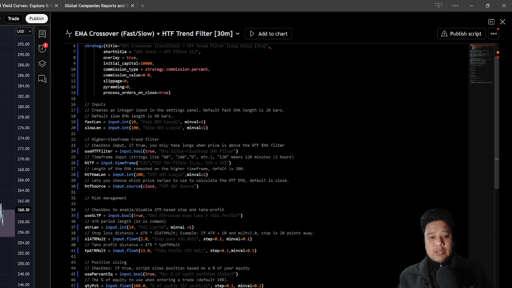Now the other thing that we're going to be using is the core calculation. We compute the fast EMA on the current chart time frame, which is going to be 30 minutes for us, and then we also compute the slow EMA on the current time frame. Remember, the fast EMA that we have given is the 10 bar and the slow is the 100 bar. So in order to write that down, we will be putting together the